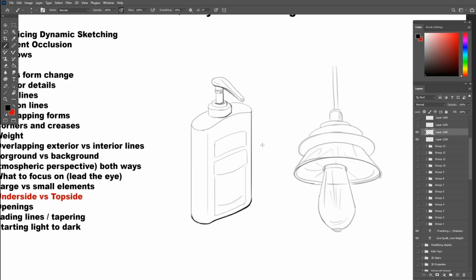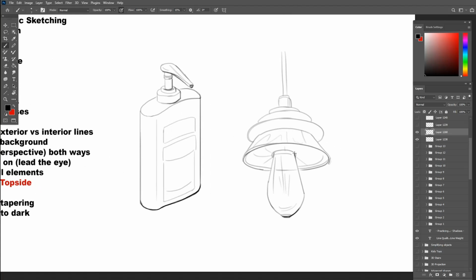But in the case of the hanging light, the bottom of it is a light bulb, which is usually light. So here the shadows will be inverted the other way around. The top line of the object will have more shadows than the bottom one. But even if the light was off, the artistic weight of the light is from the other side, from the cord above. So the thicker lines will be from the top direction.